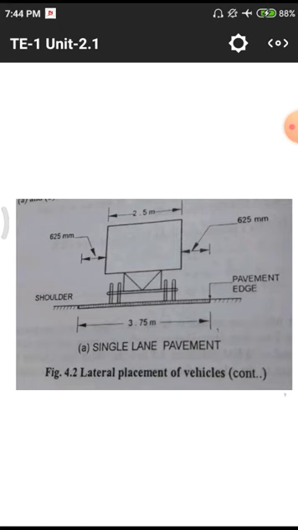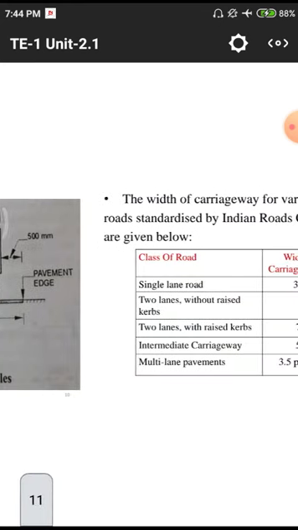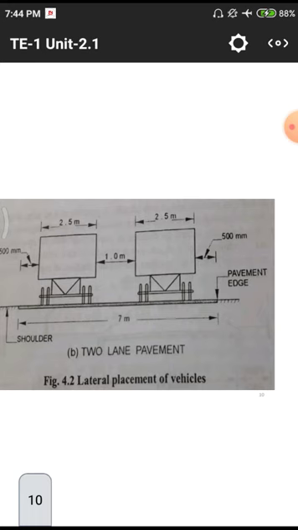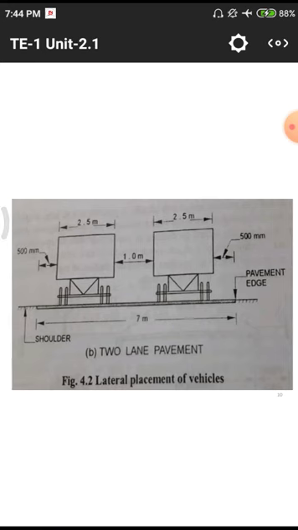It is a typical diagram for a single lane road. For double lane and triple lane roads, they simply keep 3.5 meters. By seeing this picture, you get a better idea of a road and why these lengths are kept. In this second diagram, you get better knowledge by seeing these two vehicles with the medium distance and side distances.